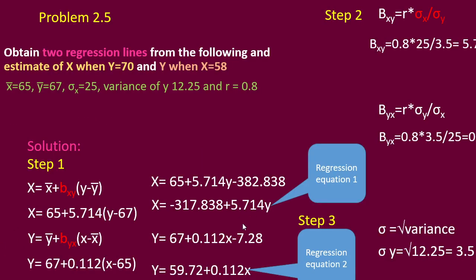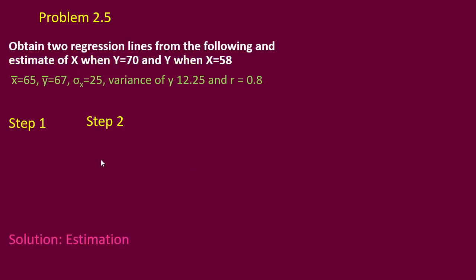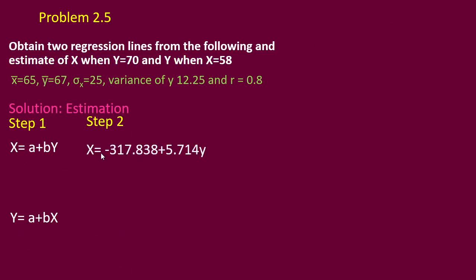So in the previous problem, we have here x equals to minus 317.838 plus 5.714y and y equals to 59.72 plus 0.112x. We have to consider these two regression equations for our estimation. So I consider the first equation here, x equals to minus 317.838 plus